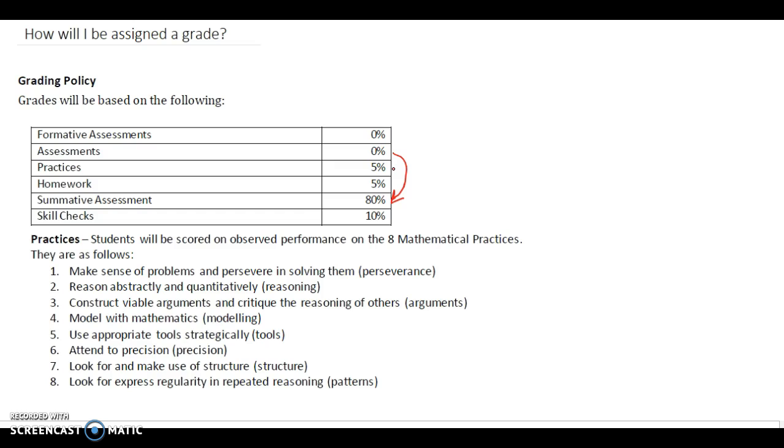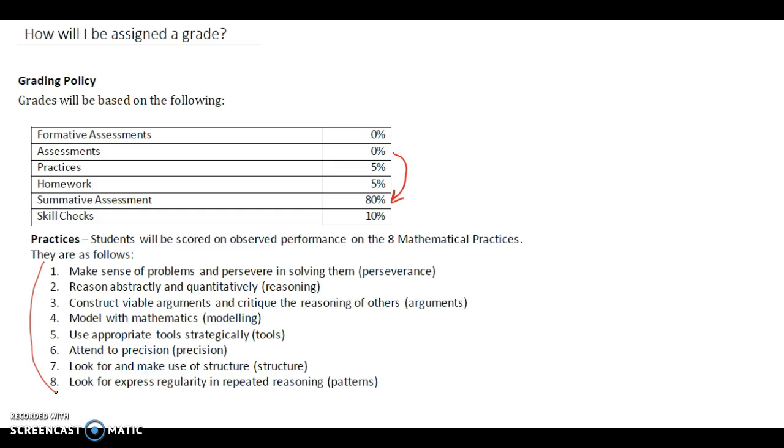Now, I know there's a lot of controversy about Common Core, and I think a lot of it has to do with textbook companies having created the materials, and then we're set on these methods. And that's not really the heart of Common Core. To me, it's the 8 mathematical practices. These 8 practices right here are things that we expect students walking out of Lincoln Way are going to be able to do. We know that at the end of the day, when we're talking about 5-10 years from now,